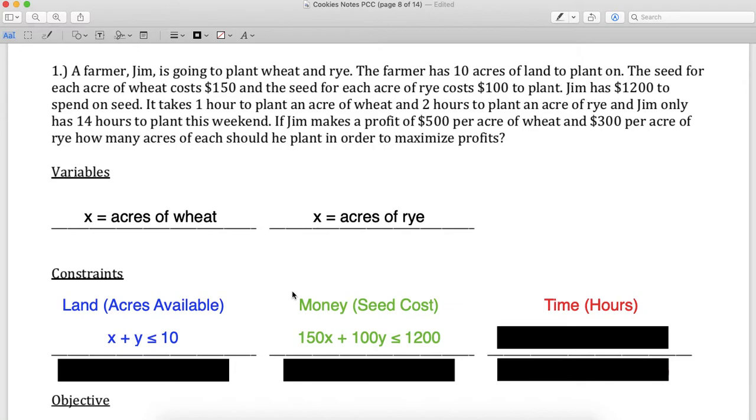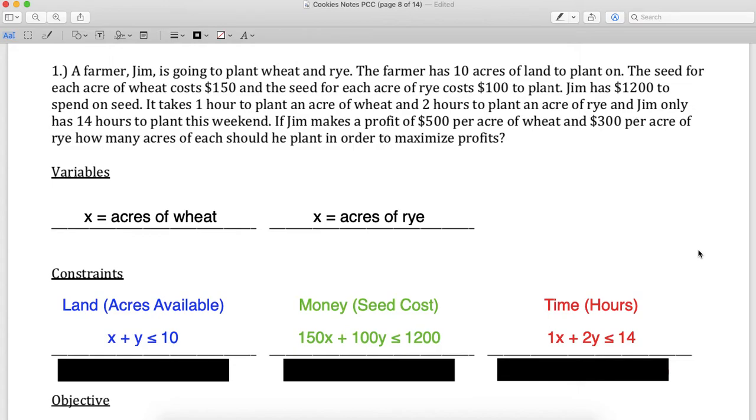And then last but not least, for our time, we know it takes 1 hour to plant an acre of wheat and it takes 2 hours to plant an acre of rye, and he's got 14 hours to plant. Now, before we begin graphing, I want to plan ahead and think about where these boundary lines are going to hit. And to do that, I'm going to think about the intercepts, the x and y intercepts for